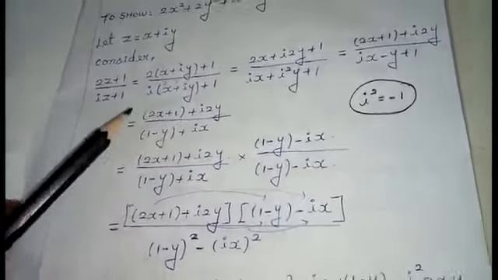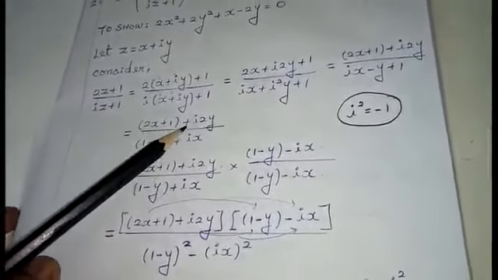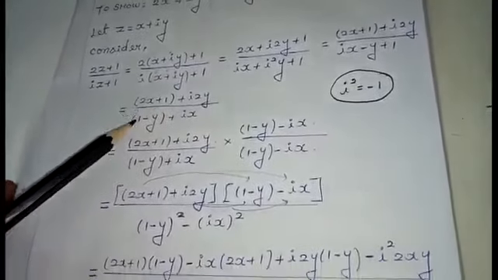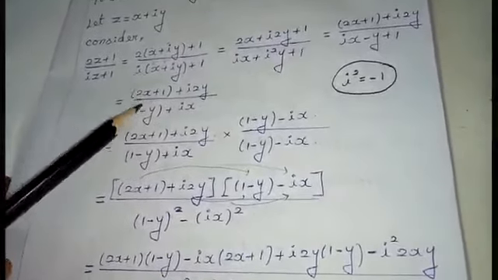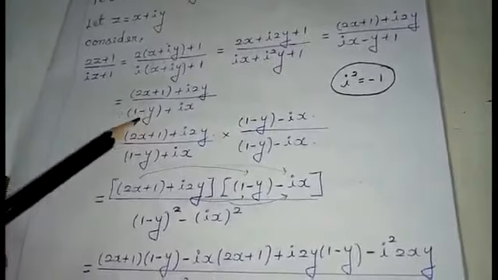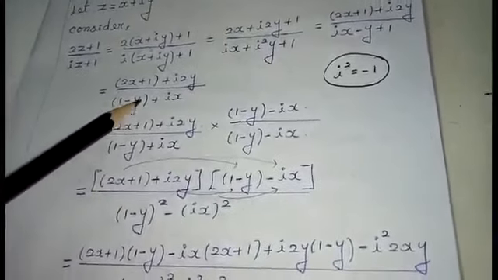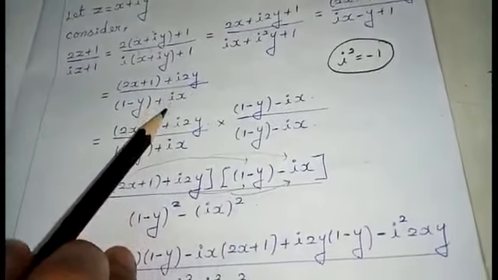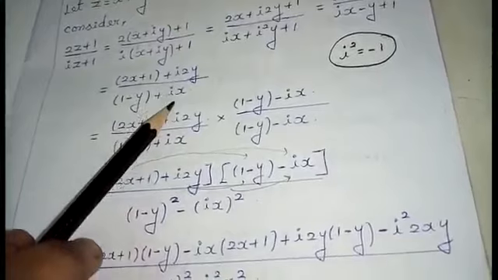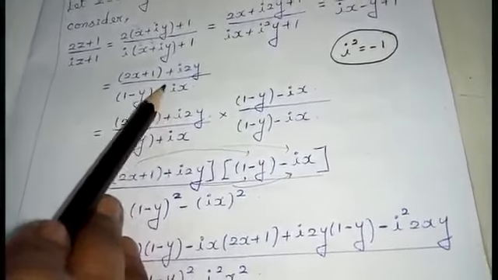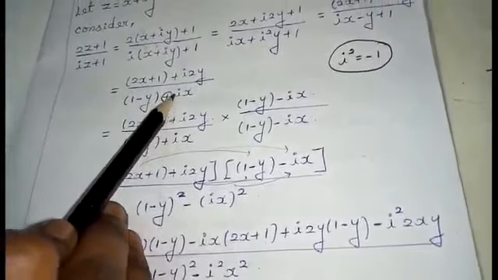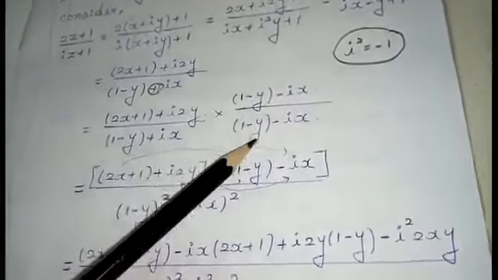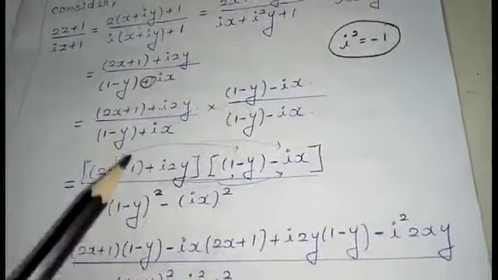If you do it carefully, you will understand the concept. You can easily identify wherever you have the alphabet i. That is called the imaginary part, and the term without i is called the real part. After bringing it in this form, just see the denominator. What is the denominator I am having here? 1 minus y plus ix plus i. If I want to take the conjugate, I change the sign before the imaginary part. What is the sign I have here? Positive. So I am going to divide and multiply by the negative, that is 1 minus y minus ix. I am taking the conjugate of the complex number.